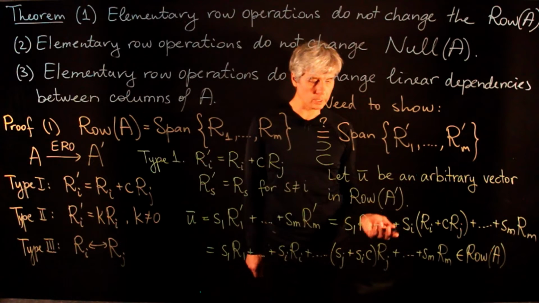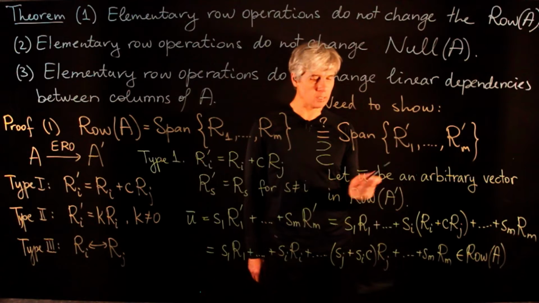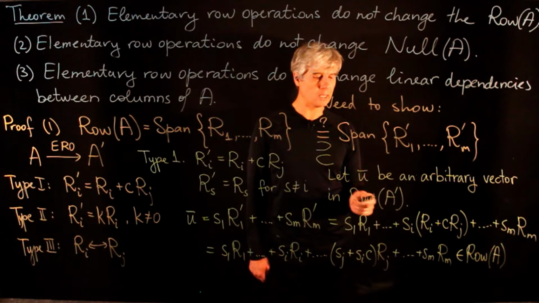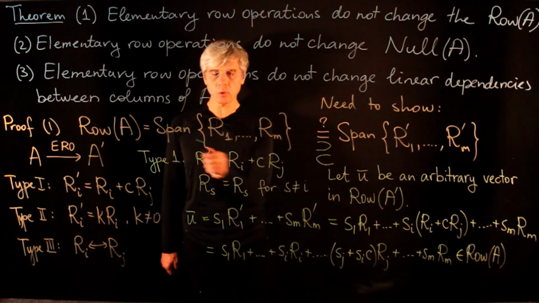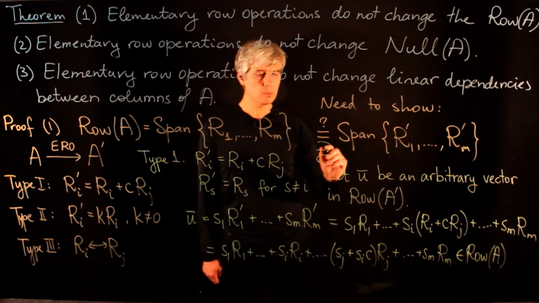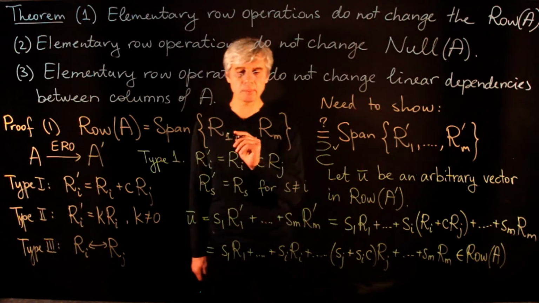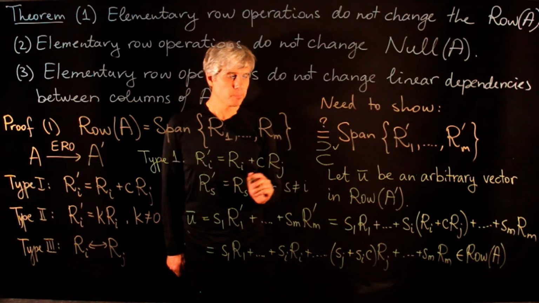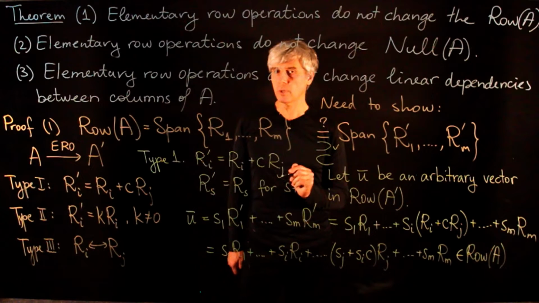And so what we obtained is that if we take any vector in the row space of A prime, then it will belong to the row space of A. So this means that we verified this inclusion, so that this set is a subset here. Now, instead of proving the opposite inclusion, so what we can say